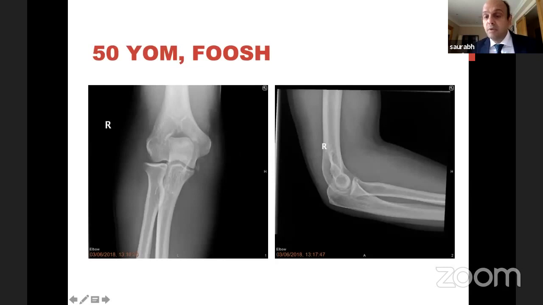A 50-year-old fell down. We know the mechanism: axial load, external rotation or supination, and a valgus injury. The important thing here was when I was shown this X-ray, from June the year before last, I could see this little flake. And I thought, is this indicating an anterior band of MCL? I was not sure. And then look at this delta sign. Can you see? It's not a congruous joint. Less space, more space. And then we said, okay, we'll get a CT scan.